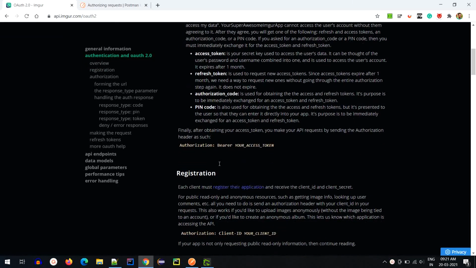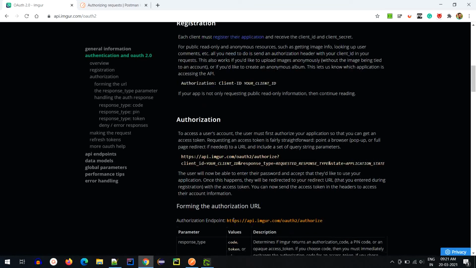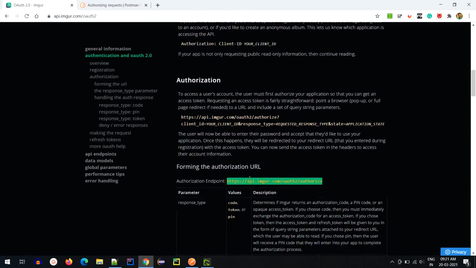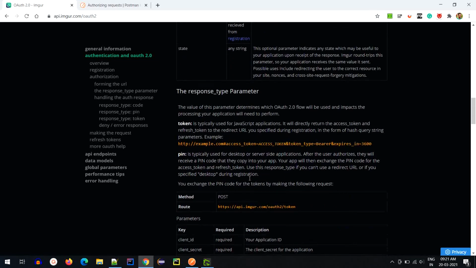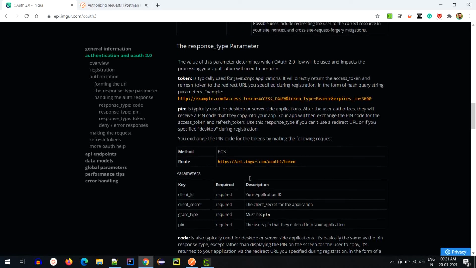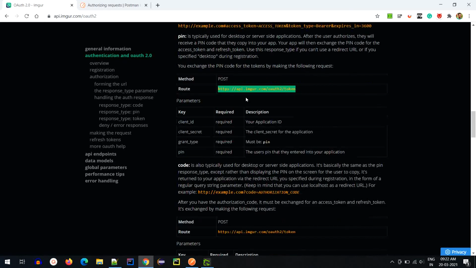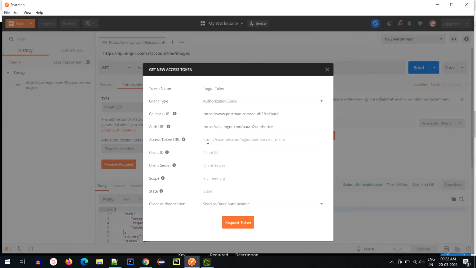And here we see the authorization endpoint is this one. So I'll just copy it and paste it in the authorization URL. And for the access token URL, let us see. Yeah, here is the access token URL. So I'll just copy it and paste it in the access token URL.